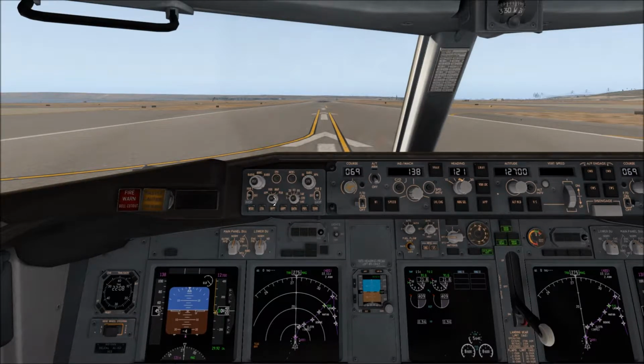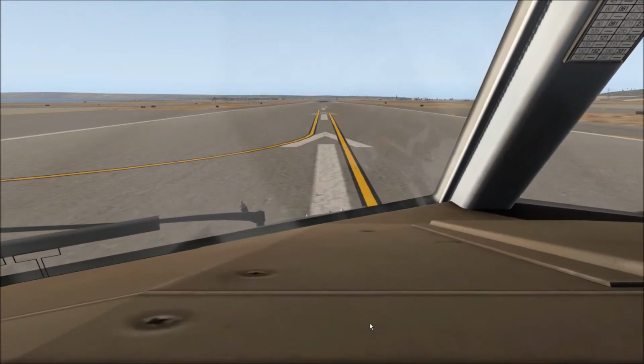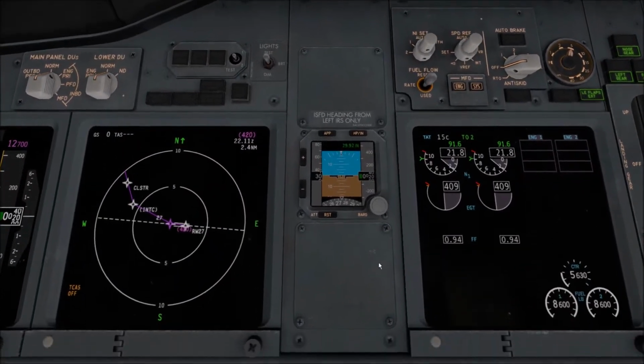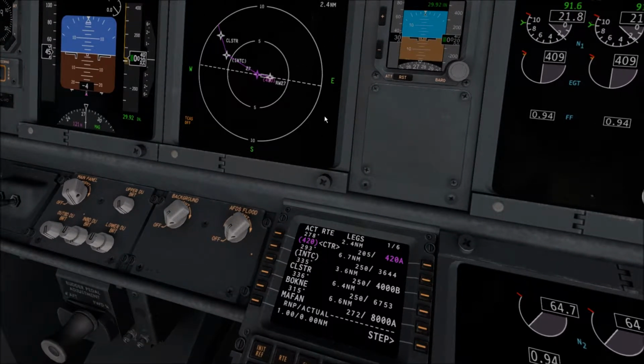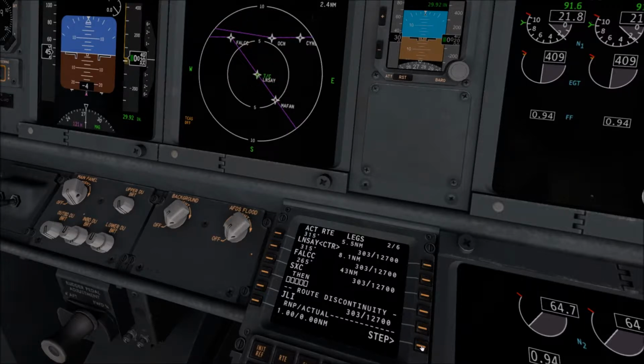So on the MCP, we want to switch to plan, and we want to go to 10. And the reason being for that is we're going to want to zoom in on our navigation display here, but also be able to see the FMC. And the reason for that is because we're going to go all along the flight plan and make sure that all of the waypoints connect. Okay? So how you do that is you hit step, and you go along each one to make sure that